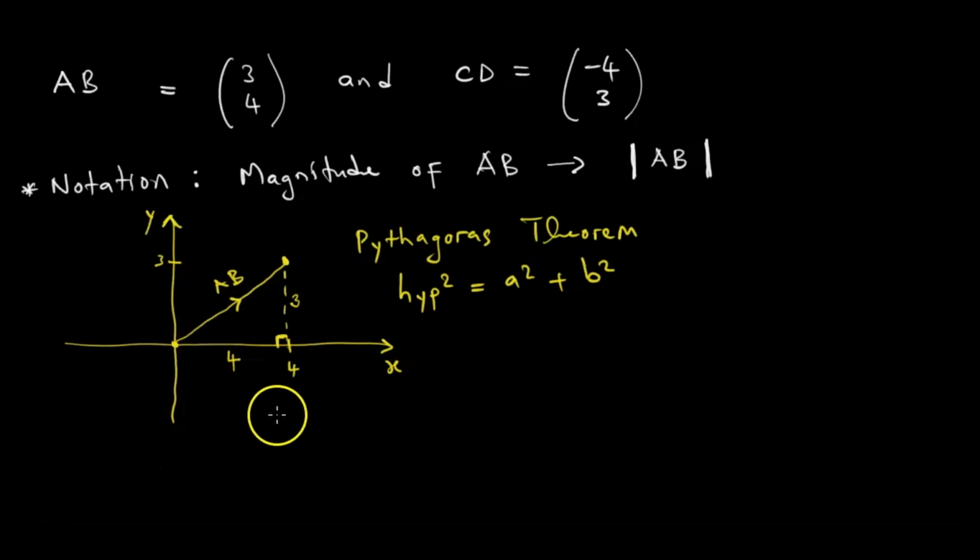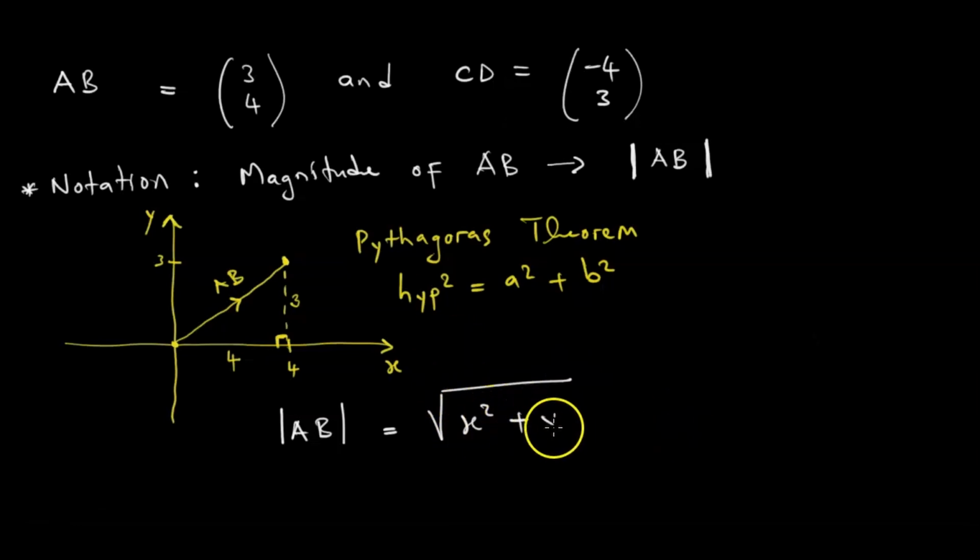Kana tichida kutsvaga the modulus of AB, it is going to be equal to, tinoisa square root apo, tobva tati x squared plus y squared. That is how we find it. And the reason why we have used this square root ndeyekuti, remember we determined kuti the length, the vector line length, hypotenuse kana tikaita extrapolate a right angled triangle.